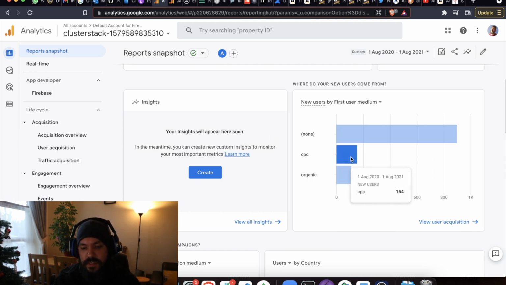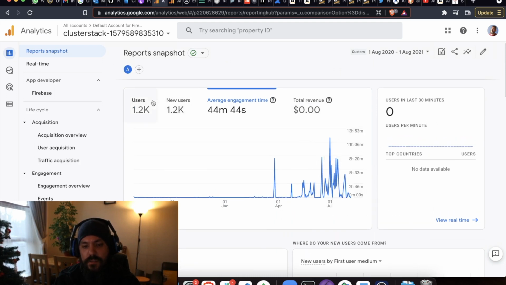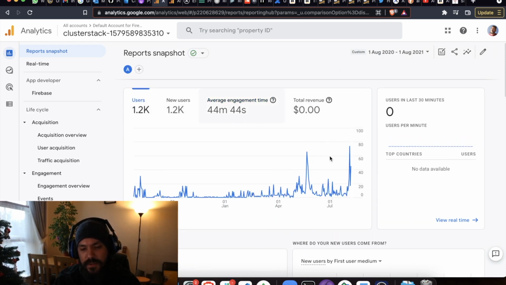And then you have CPC. As you can see here, the flux of users is way bigger, and the engagement time is bigger too. That was in May, actually. So in May